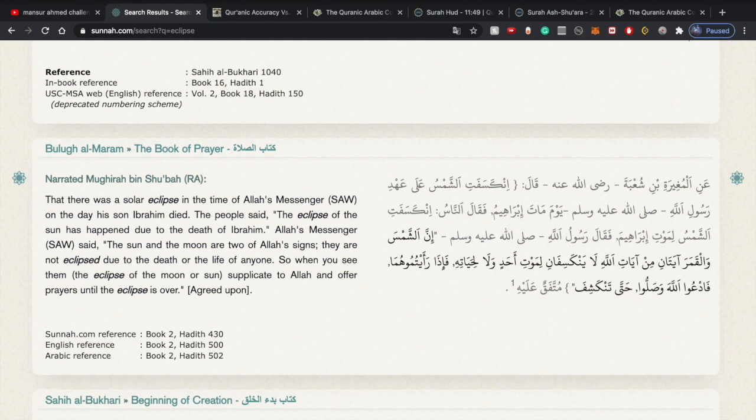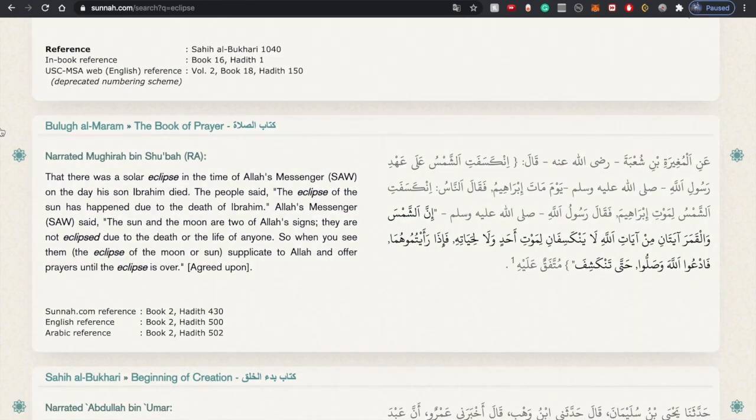The first thing, though, I want to mention is that Muhammad was known to be sincere. He is recognized as sincere by the Muslims, and also many non-Muslims have noticed this too. I'll give you one proof of this. So there was a solar eclipse. This is a hadith, meaning an event that happened at the time of the Prophet.